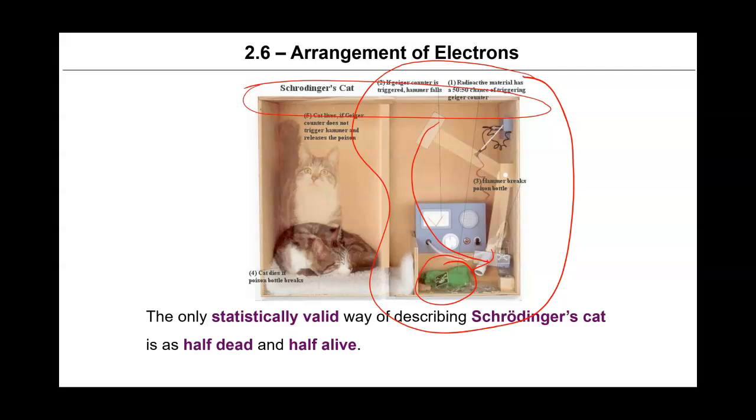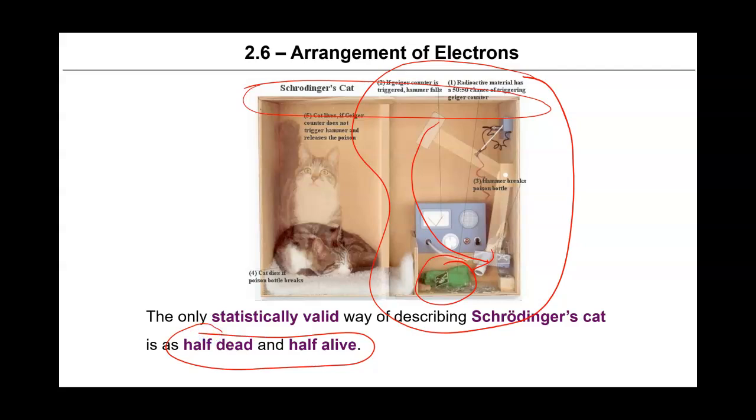So if there's a 50-50 chance that the Geiger counter really did go off, there's a 50-50 chance that the cat is dead. So the best way of describing the cat statistically is to say that it is half dead